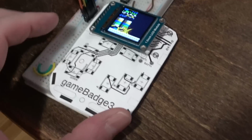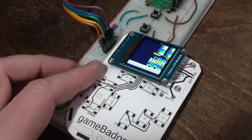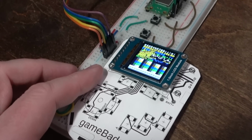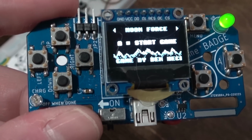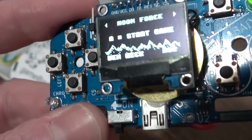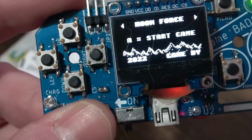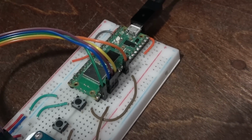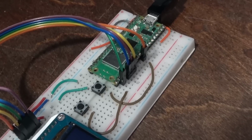Hey, check this out. It's a mock-up of the Gamebadge3 that I'm designing for the Midwest Gaming Classic 2023 workshop. The last two MGCs, we had a workshop where we assembled the original game badge. It has a little microcontroller, LiPo, and OLED screen. But now this one's in color, and it has a Raspberry Pi Pico, the most Optanium Cortex M0 you can